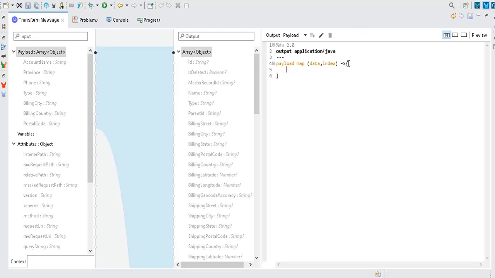Okay, so now you need to map this name, right? Because we have this account name, we need to map this with your Salesforce name object. You need to write this key first, Salesforce key first. This Salesforce key you need to write here and colon. Now you need to map this with the account name, right?